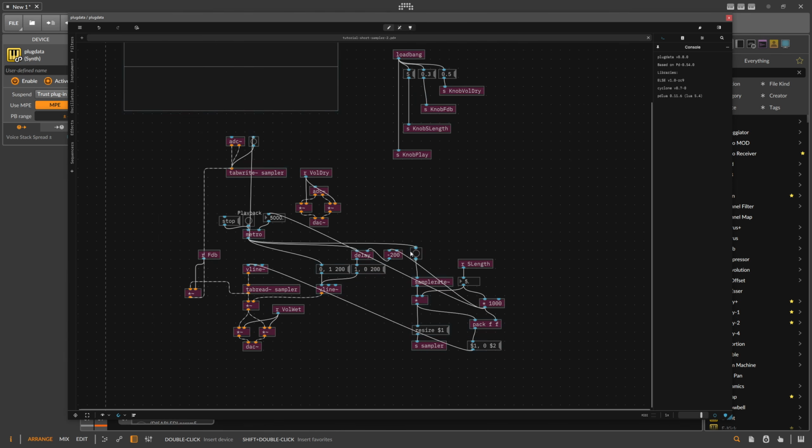So let's see. We have, for instance, this metro bang receiving data from the metro. So we use a send and call it maybe metro bang. Go into that, and we can say this address is received with this knob, metro bang. We can delete this connection. Put this over here maybe. Then we have here, let's say,